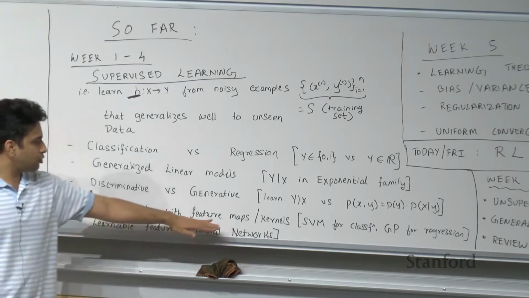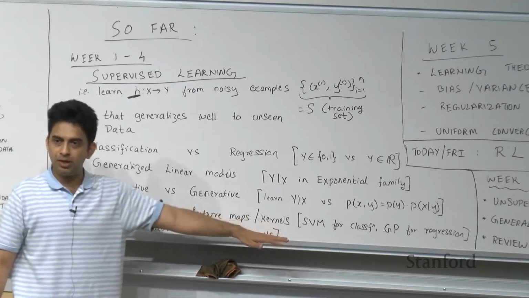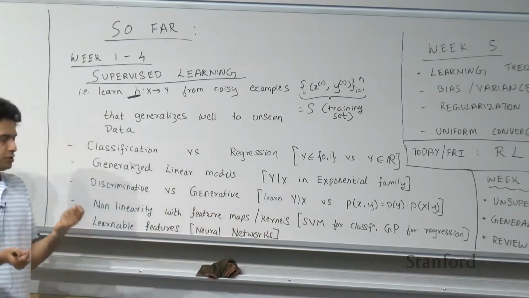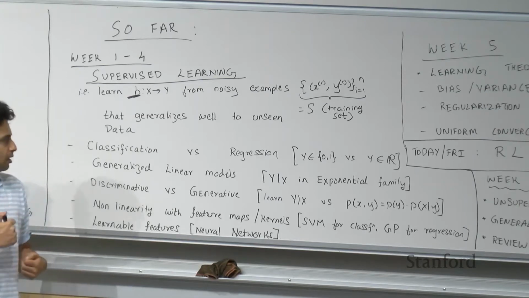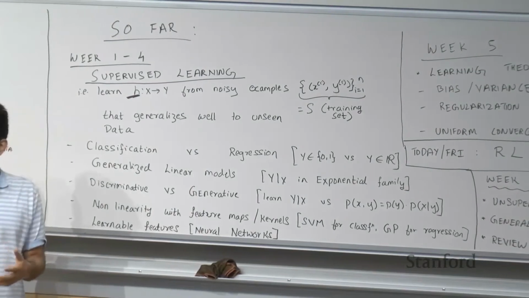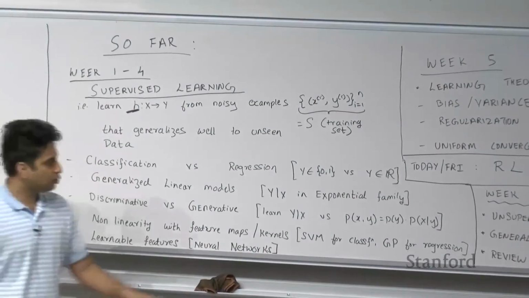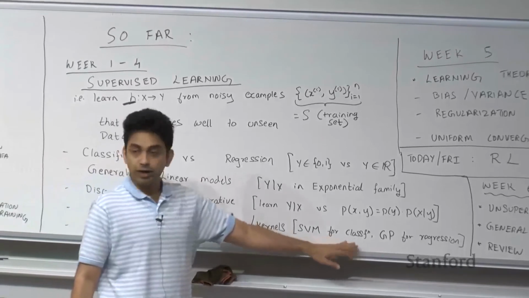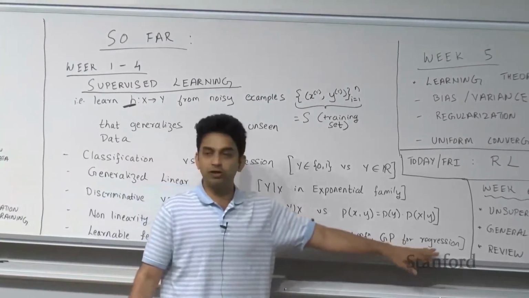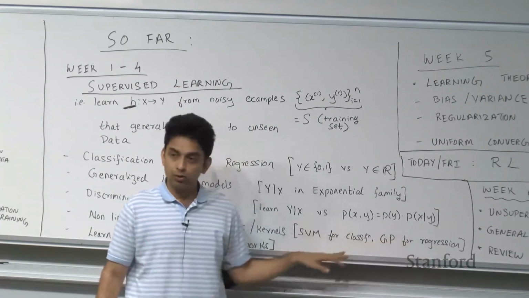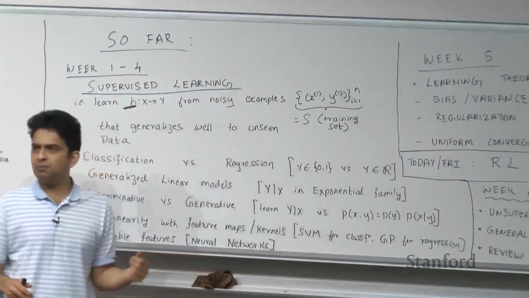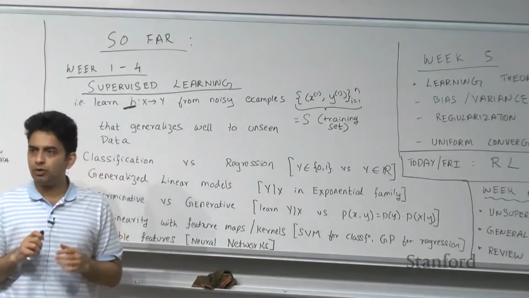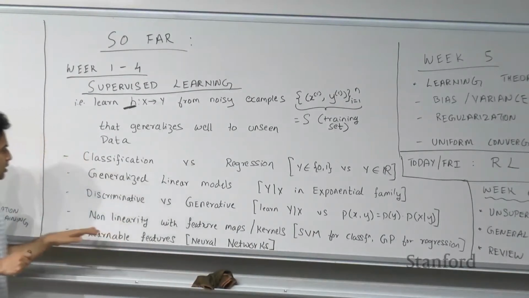And a more formal approach to feature maps that we saw was kernels, right? Kernels are these symmetric positive definite functions which have an implicit feature map embedded in them. And using kernels, we can build kernel-based methods. We call them kernel methods. And we saw two such examples: support vector machines for classification problems and Gaussian processes for regression problems. Both of these methods use kernels, and SVM in particular was particularly well suited for a kernel method, and that was because with